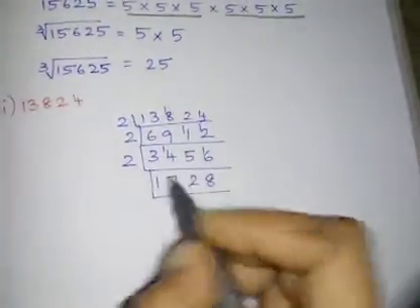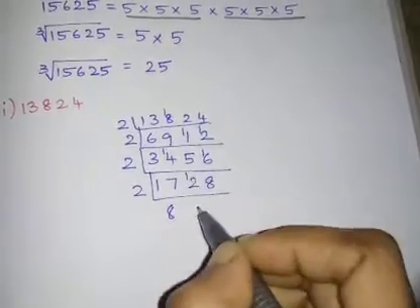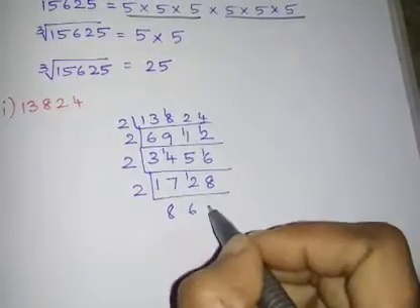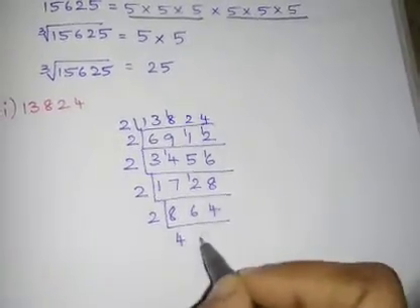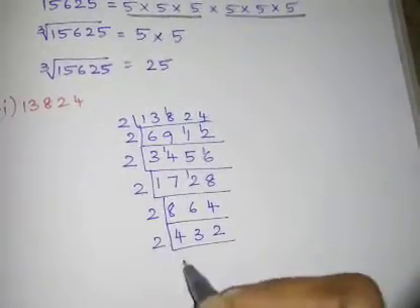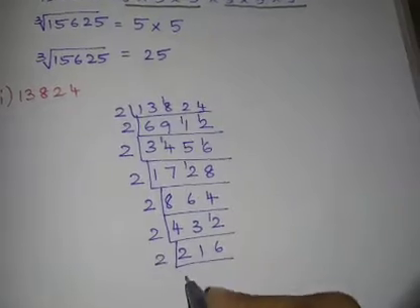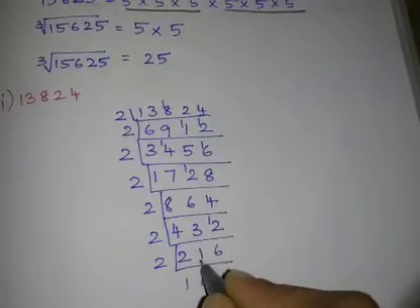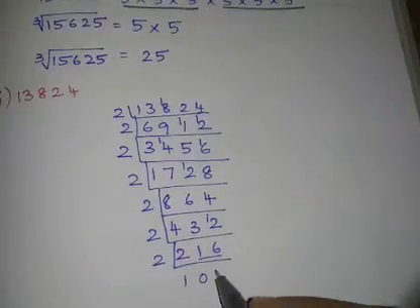Now we'll go to the 2 table. 8 2s are 16, remainder 1. 6 2s are 12, then 4 2s are 8. Then in the 2 table, 2 4s are 8, 2 3s are 6, 2 2s are 4. Then 2 2s are 4, 2 1s are 2, remainder 1, 2 6s are 12. Then again in the 2 table, 2 1s are 2, then 0, then it has become 16, right? When I insert 0, this has become 16, so 8 2s are 16.